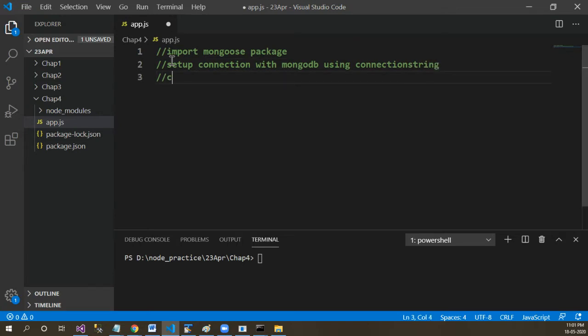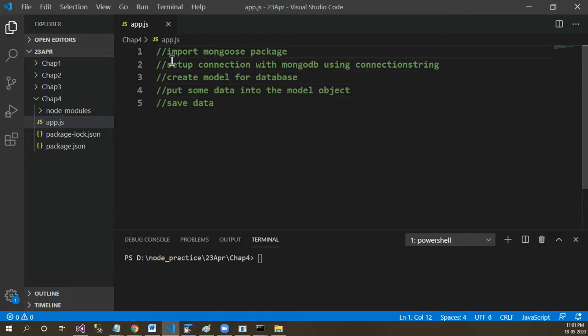Next step, we'll create the model for the database, and next we'll put some data into the model object. This way we can work with Node and Mongo for CRUD operations. So let's go step by step.